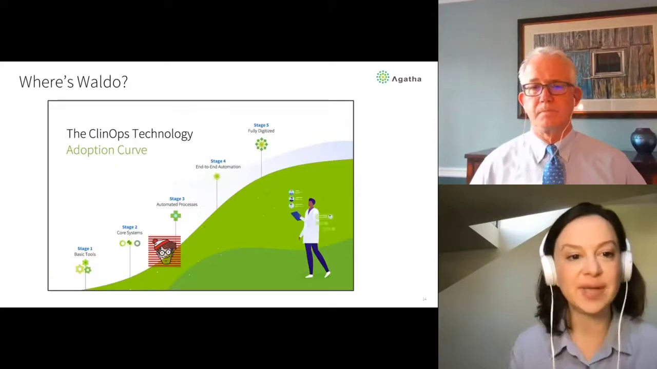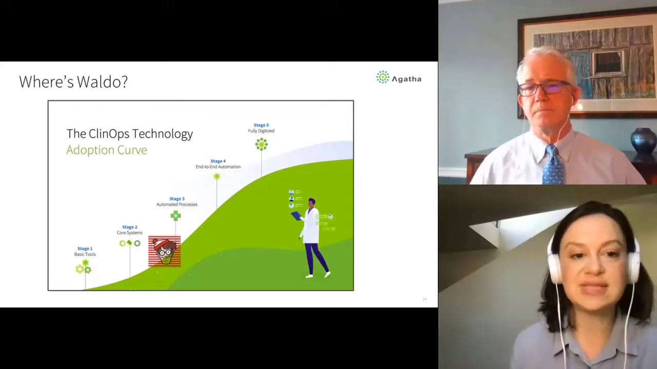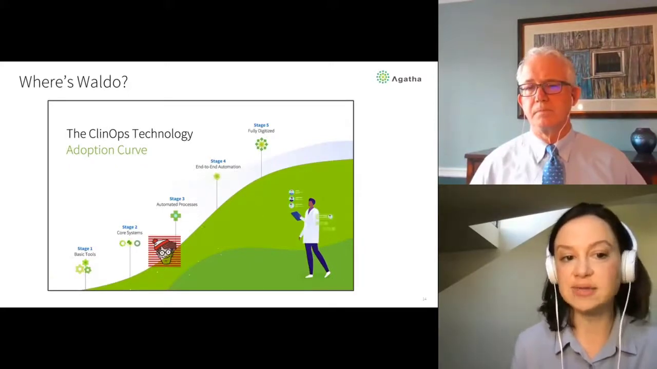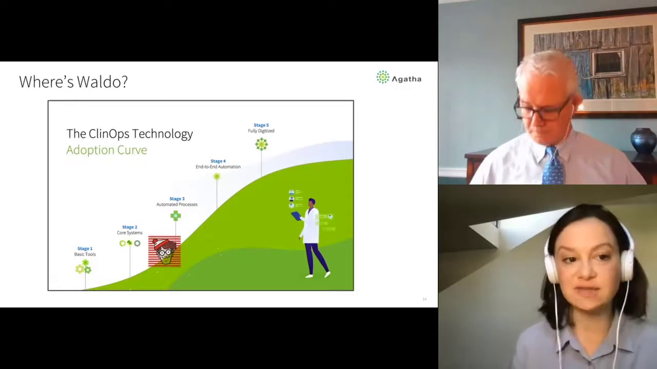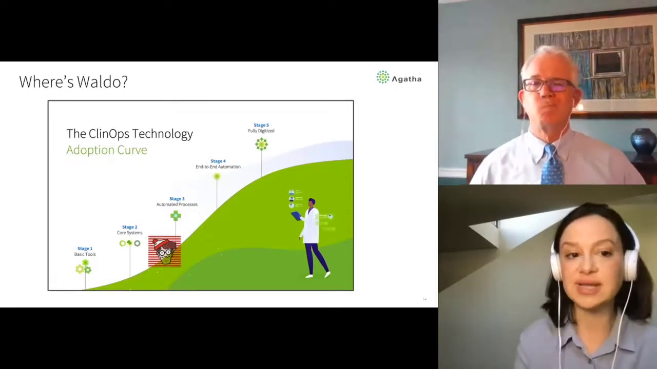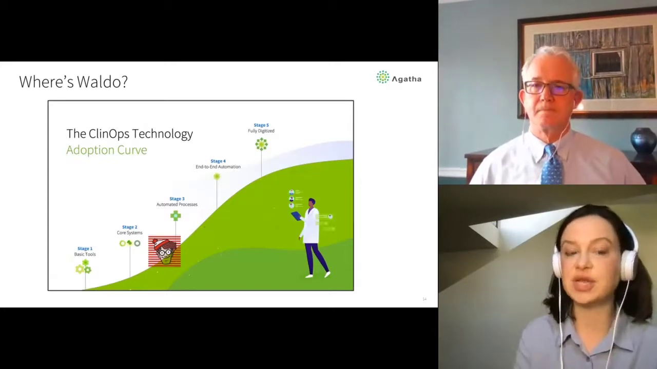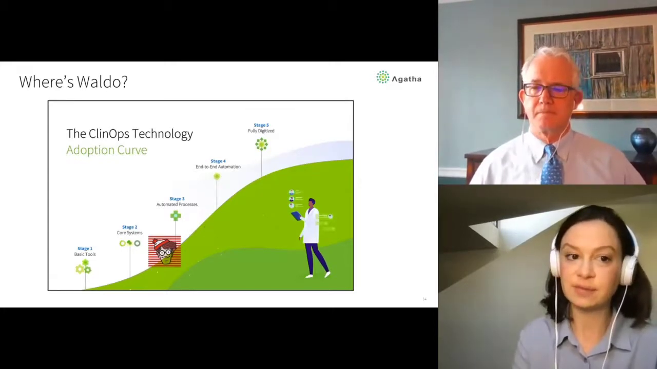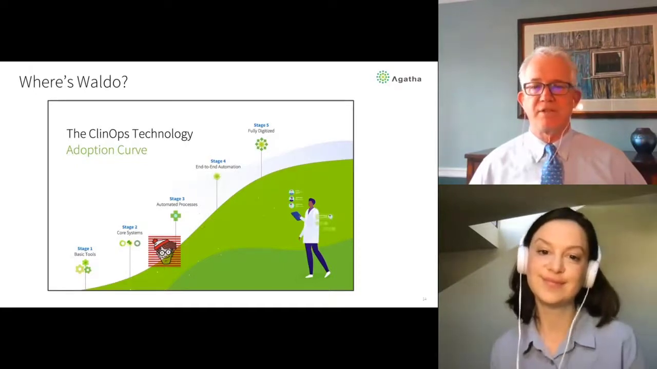So perfect stopping point here. Do you think that different types of companies, so biotech versus pharma versus med device, might actually have different stages with different priorities as they build out their technology infrastructure? Kind of an easy question to answer simply, which is